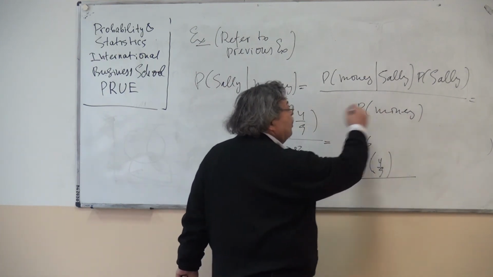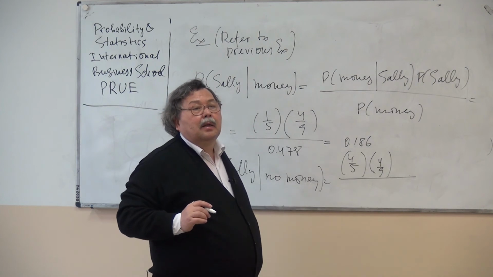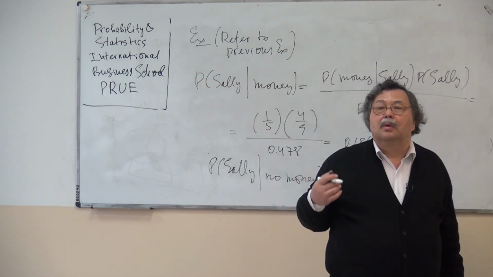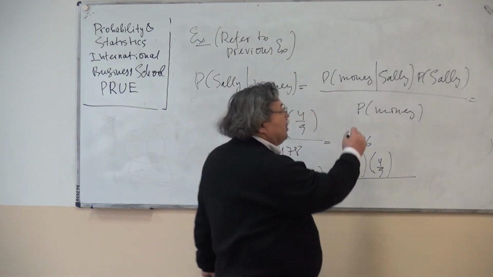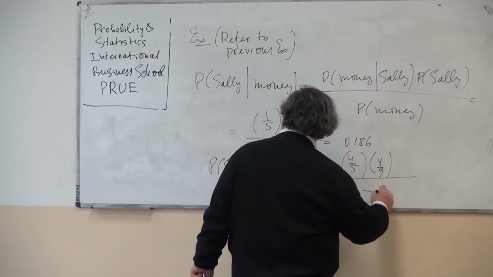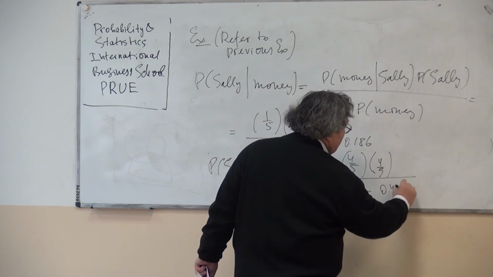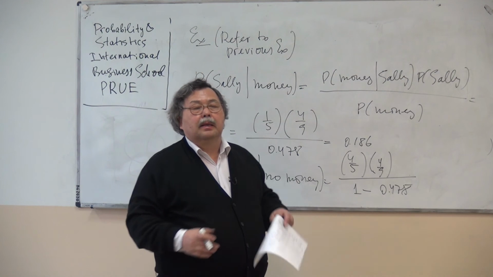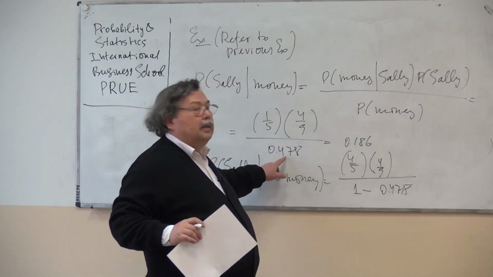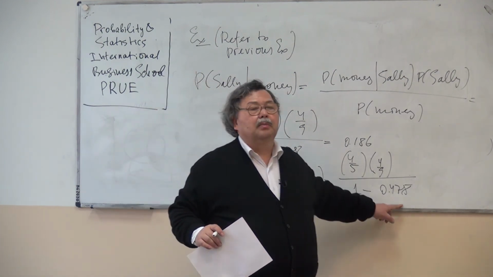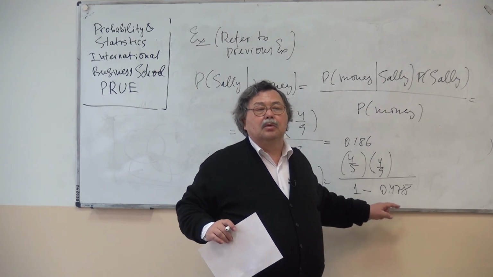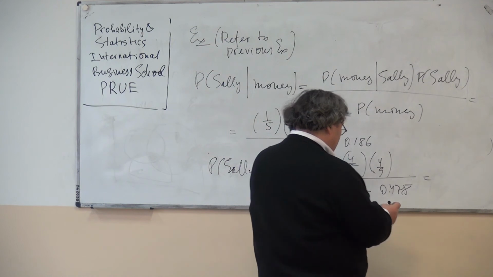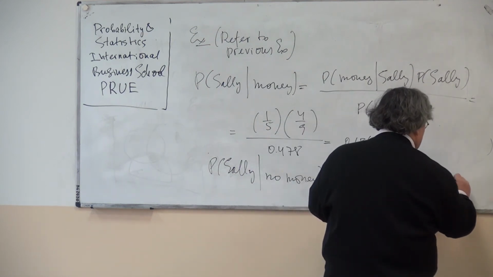And how do we change the denominator? We need to substitute the total probability that there is no money in the letter, which is 1 minus this. Again, if we didn't have this ready-made value, we would have to compute this probability as the total probability. And performing this computation, this is what we get,